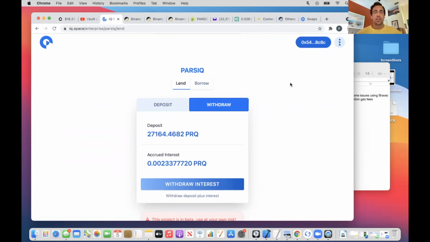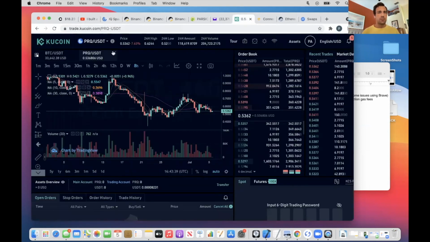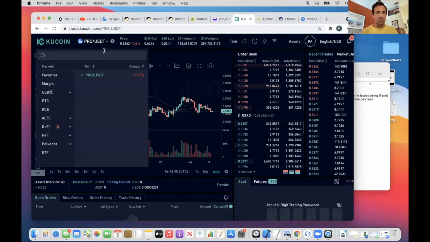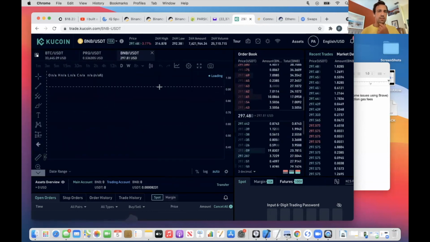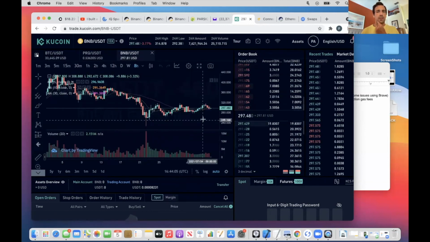I have been using KuCoin to acquire BNB. Can show you right here. Here's the KuCoin interface. Also use KuCoin for buying the PRQ tokens initially. KuCoin or Uniswap. I prefer using KuCoin, but I did acquire those tokens I just showed you using Uniswap. So here, once you're all signed up, you're basically just going to click the spot price, and you can do BNB USDT, buy it here. You buy it, you send it directly to your